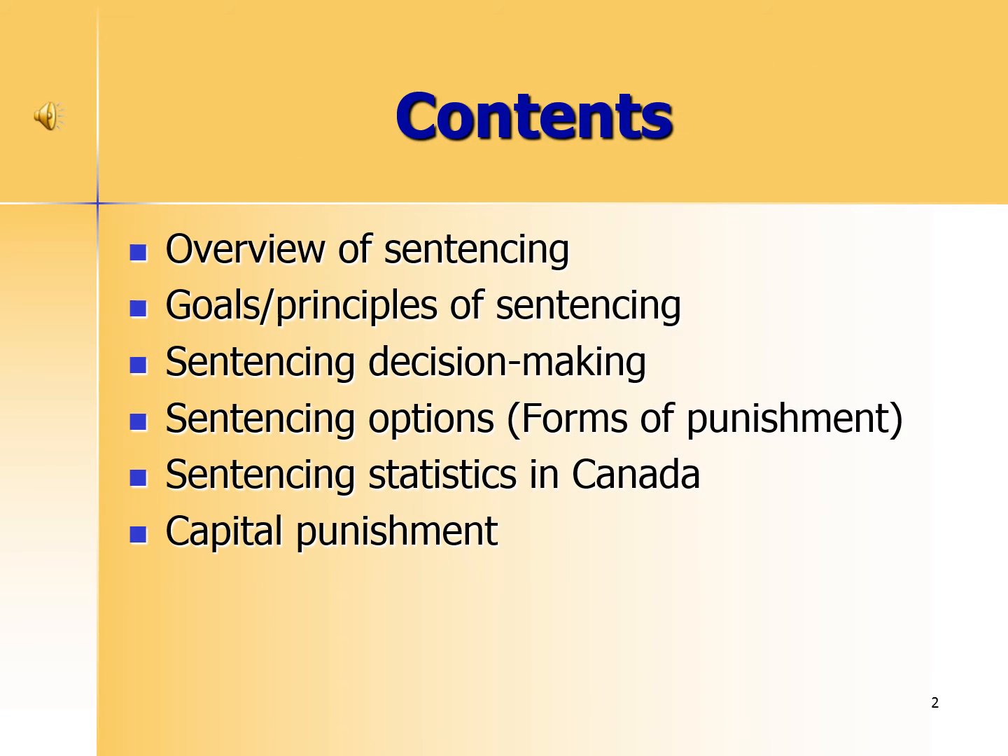So in this particular lecture, we're going to begin by providing a broad overview of sentencing and punishment, then talk about some of the goals and principles of sentencing within the context of criminal justice. We'll then talk about some of the factors that influence the decision-making process of sentencing judges. We'll then talk a bit about the actual options or forms of punishment with respect to sentencing: probation, imprisonment, conditional discharge, etc. We will then give an overview of some recent statistics on sentencing and punishment